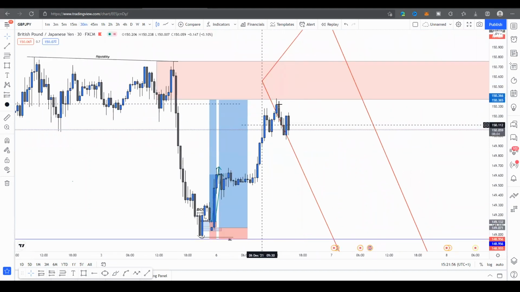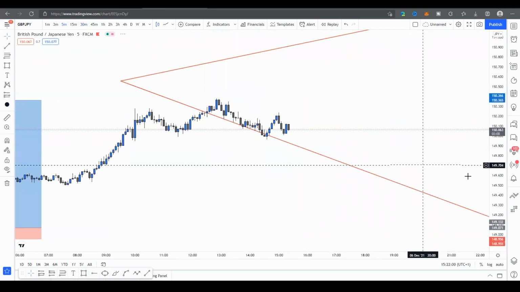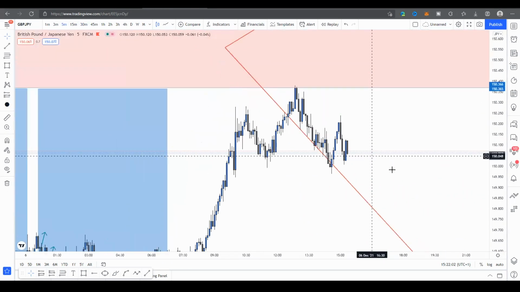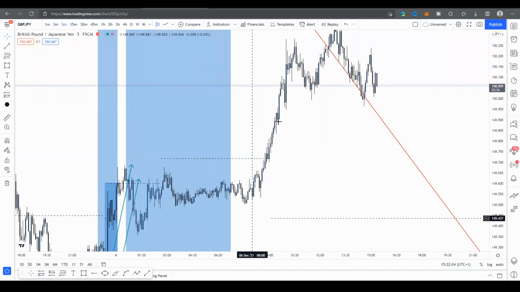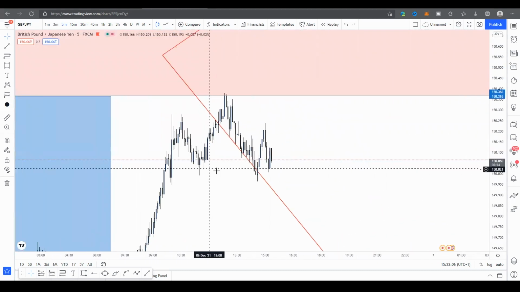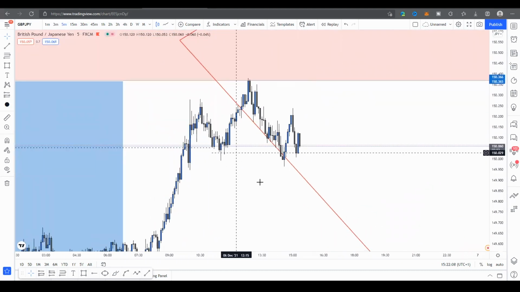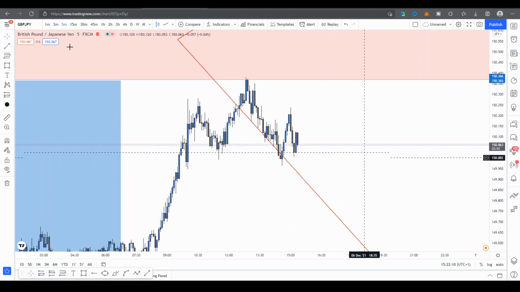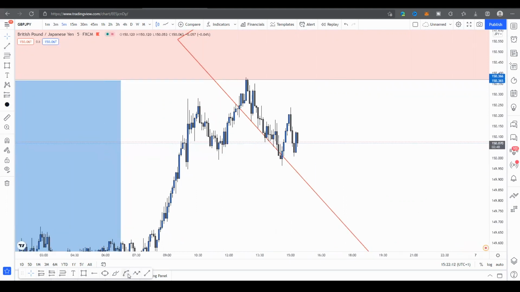I'm going to be looking later. I'm going to be going on the maybe 15 on the 5 minute, the same as we did in here for the buy. I'm going to do it for the sell. I'm going to wait for the market to shift the structure to the downside, and it may have already happened,